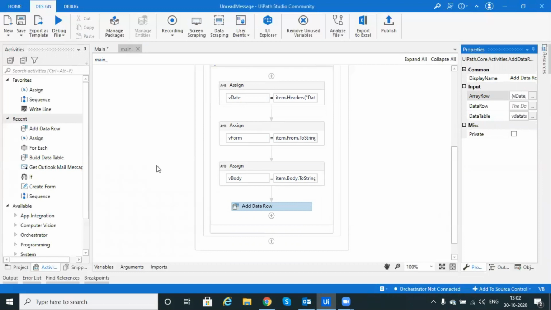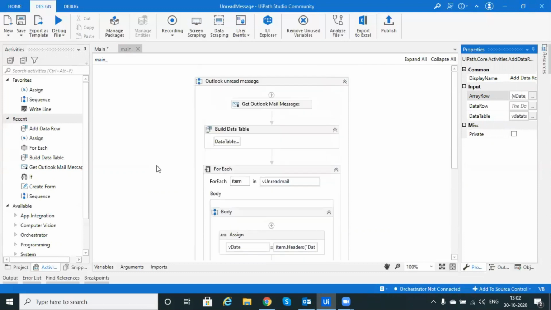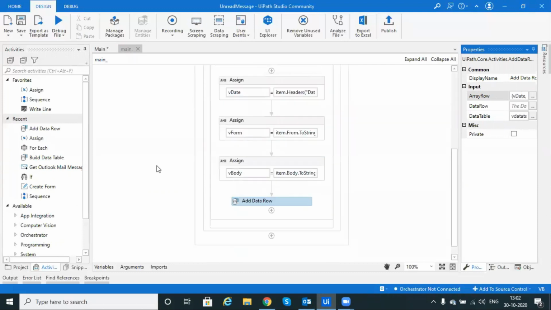Okay, after that, I already saw that we have a forwarded message, a reply message, and a normal message. For that we will check a condition.